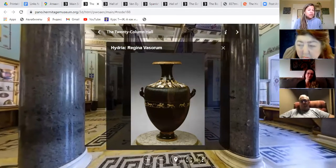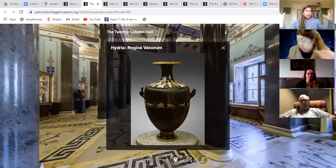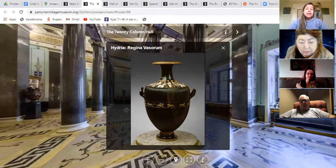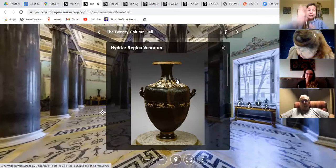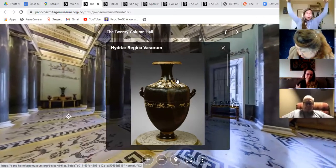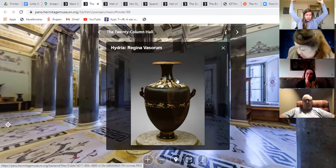This was a hydria. Hydria means a vase for water. Hydrias normally have a wide belly and a narrow top. They have three handles. You can only see two, but there's one on the back side as well. The ancient Greek women would carry hydrias on their heads when they went to the well to get some